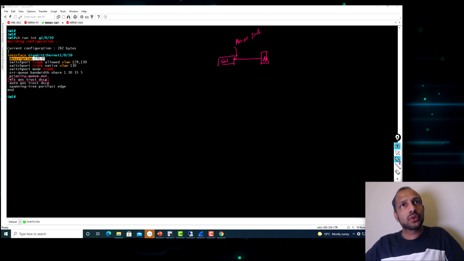In our switches, we are using 3750 or traditional switches, so we need to do that. But if you're using the latest switches like 9300, 9200 or 3850 switches, you don't need to do that. By default, QoS will be trusted.